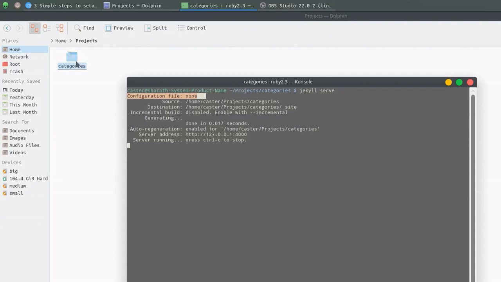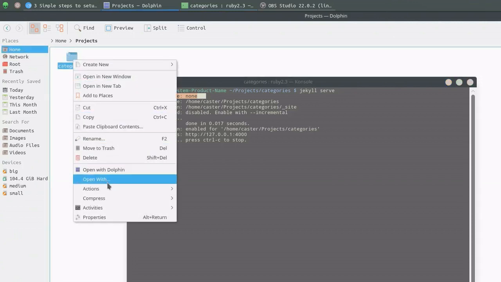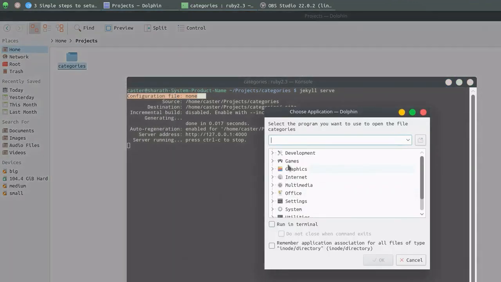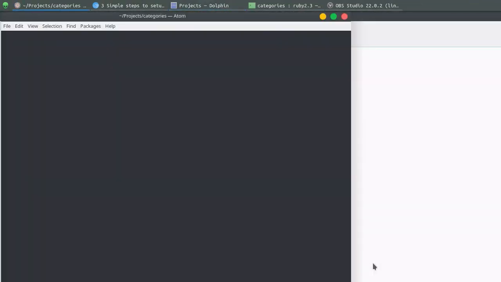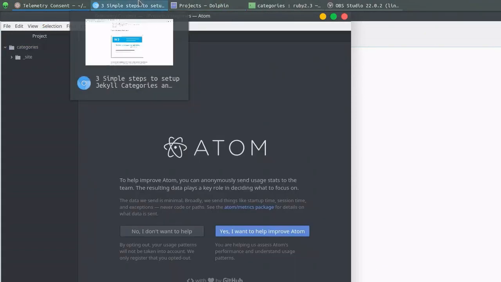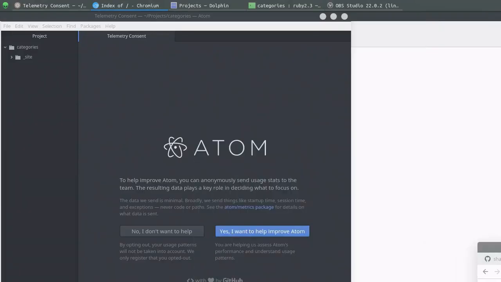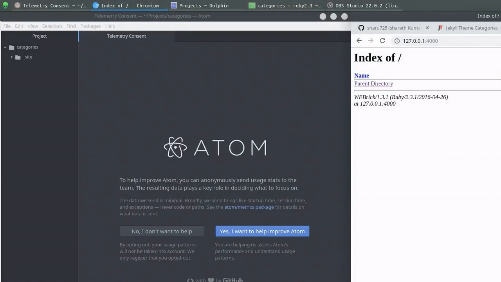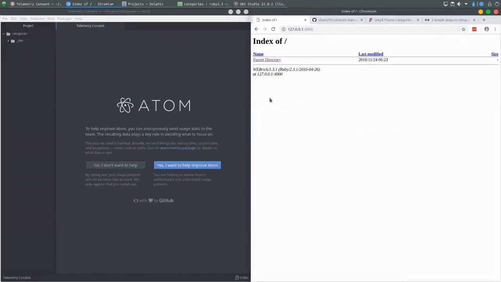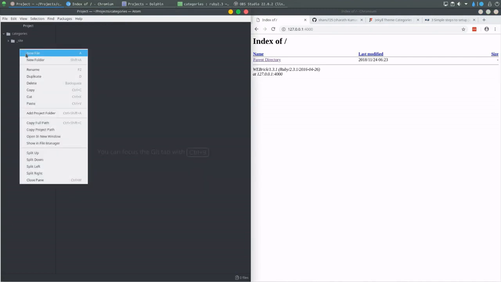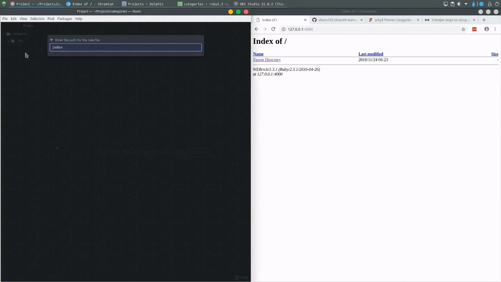Also, I'm gonna open this categories folder in a text editor. I use Atom. I'm gonna open it with Atom. Now I will have the served Jekyll side by side so that you can see the changes. I'll keep the tab here. Now it shows just the index and there is nothing inside. So we have to create a file here. I'll create index.html, which will be our home page,